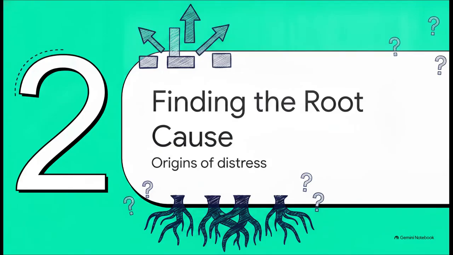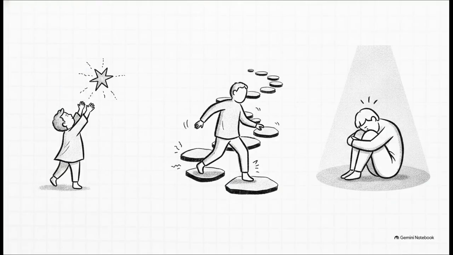So, now that we know what each force thinks the problem is, parameter 2 asks, finding the root cause. Basically, where did this whole thing actually start? Well, the timelines of distress for these therapies are totally distinct. Psychodynamic therapy digs heavily into the past, specifically pointing to unfulfilled childhood desires and unresolved fears as the origin point of those inner conflicts. It suggests that a fear you experienced at age 5 is still secretly running the show in the background of your mind today.